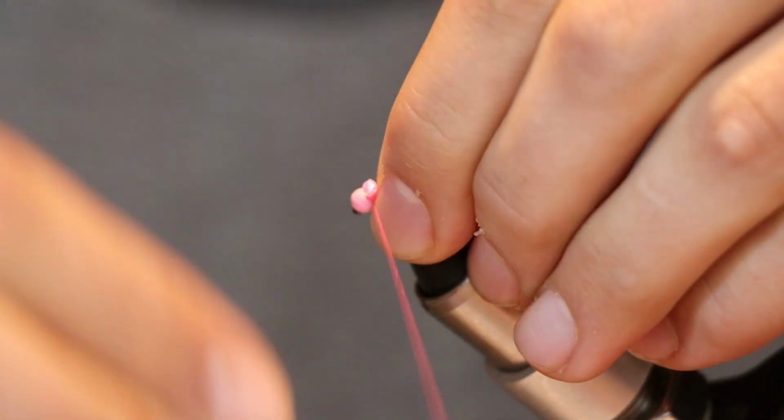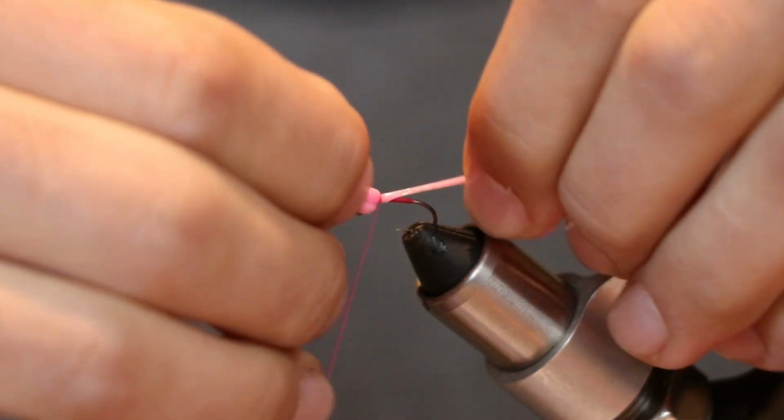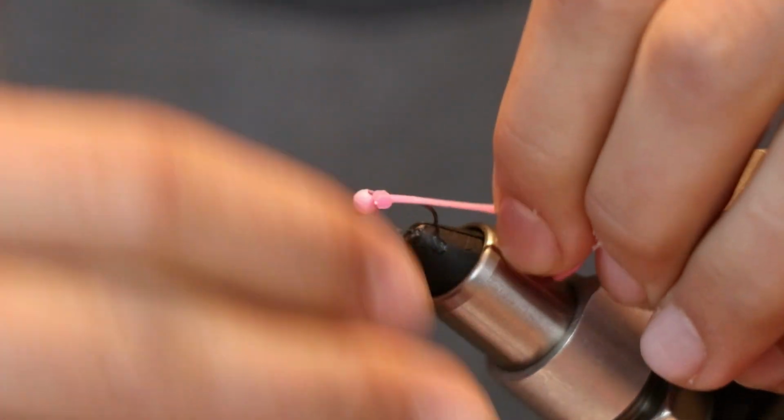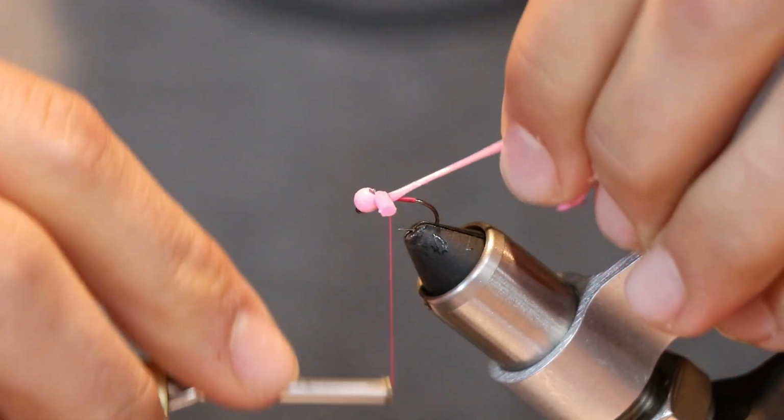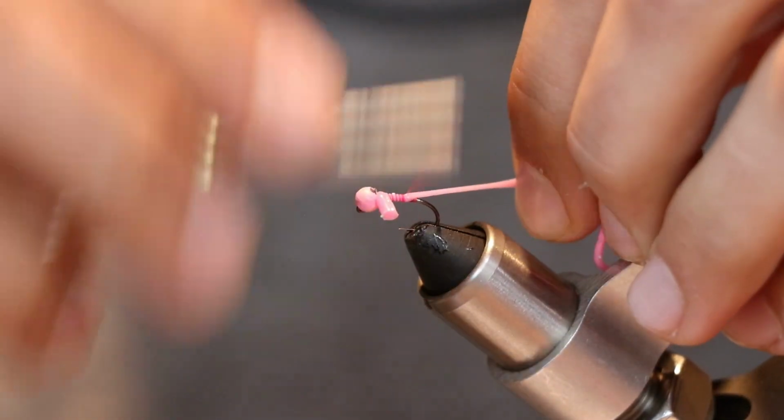So what I like to do is just go right in behind the bead, do a few good twists to really try to lock that material in, and then I'm going to stretch this material back, wrap it around the body